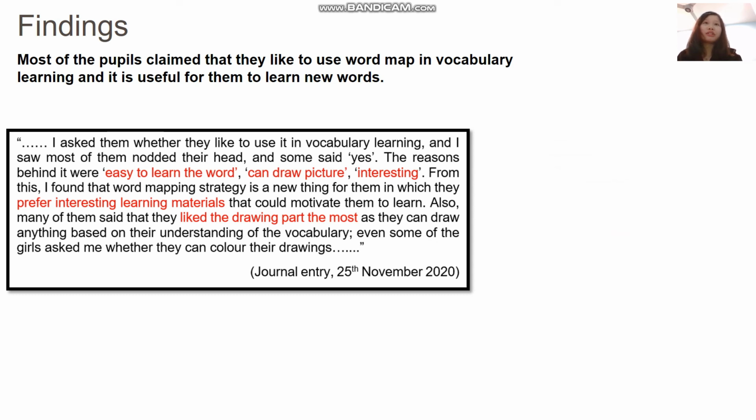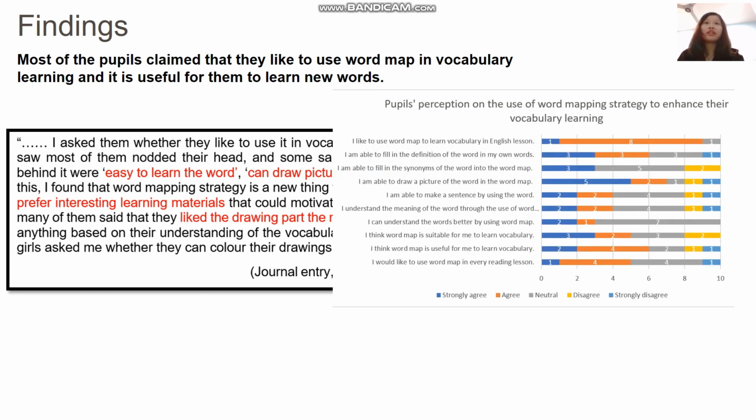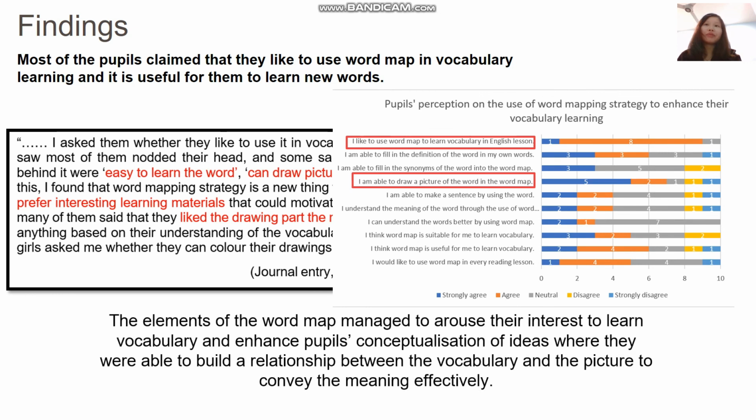And it is supported by the data from the questionnaire, where more than half of the participants stated that they like to use a word map to learn vocabulary in English lessons, and they are able to draw the picture of the word in the word map. So I will say that the elements of the word map managed to arouse the interest to learn vocabulary and enhance pupils' conceptualization of ideas, where they were able to build a relationship between the vocabulary and the picture to